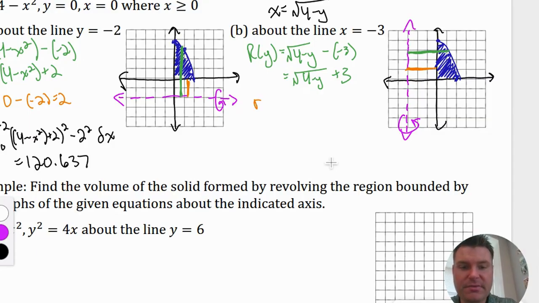And that is going to be r of y, which we're going to start from right minus left here because it's always big minus little. 0 minus -3, which gives us a 3. So if I were to find this volume,